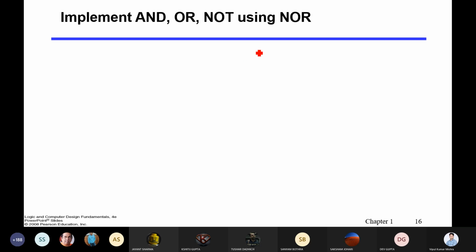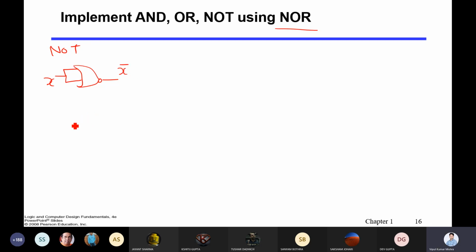Now similarly you can do for NOR as well, right? So let me do it for you for the NOR gate. Let me start with the NOT. It is similar to that. You will pass here X, you'll get X bar here.